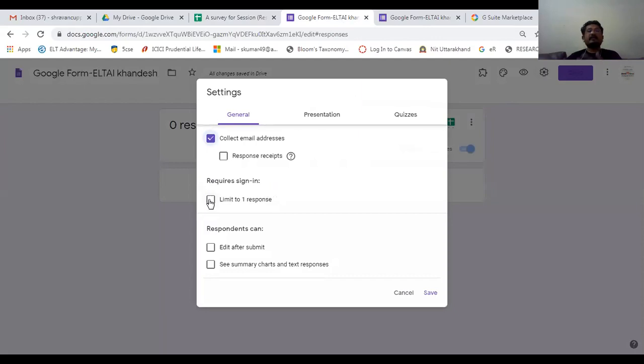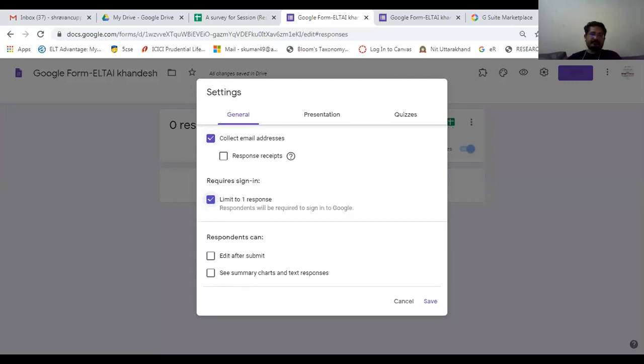You must have seen yesterday 2 or 3 people gave 2 or 3 replies. I did it intentionally because I didn't click here. But if I want that through one email ID only one response should be given, in that case I need to click here. So now I need to log in through Google, and through one email ID you can give only one answer.